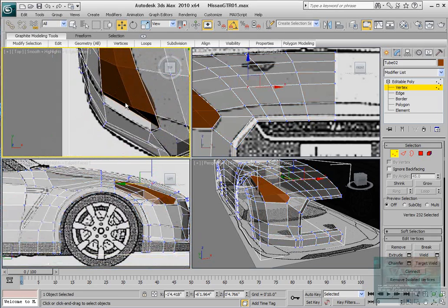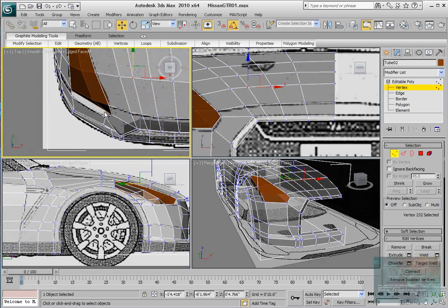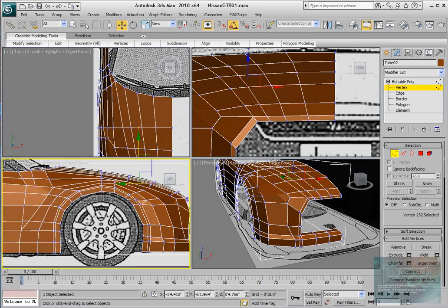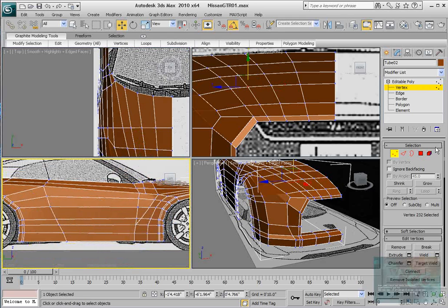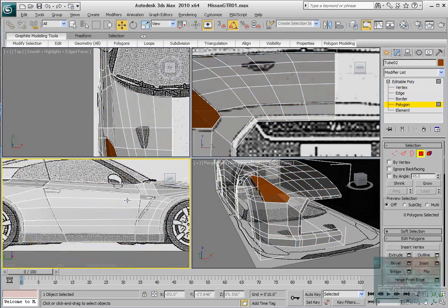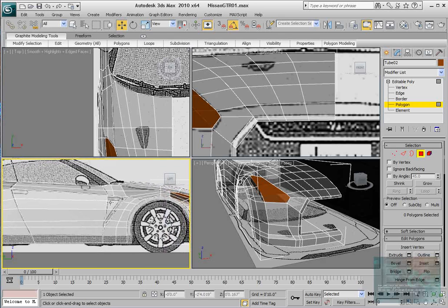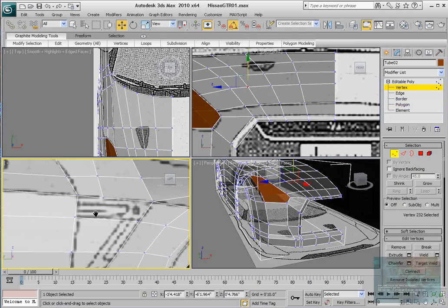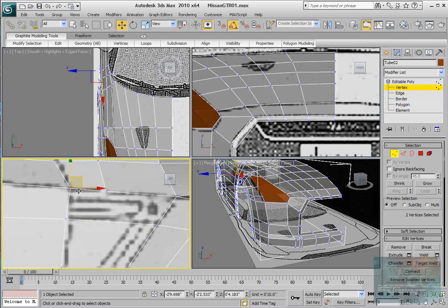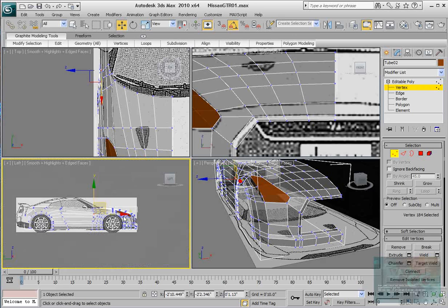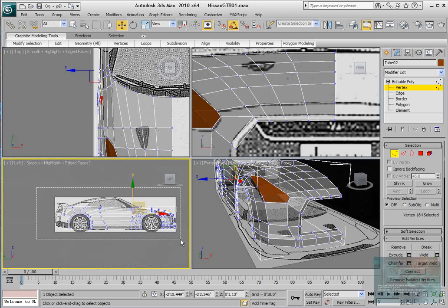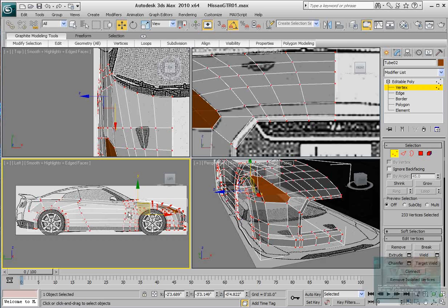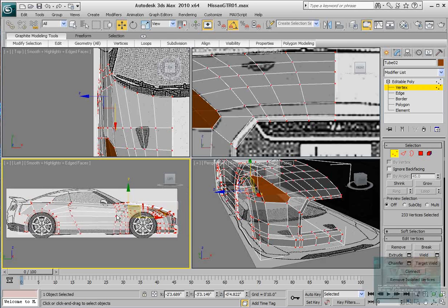I think that's good for now. So jump to the side. Let's see here. So we need to create this section here. I'm going to go to vertex mode real quick, and looks like I need to realign some of these vertices. I've been having some problem with multiple vertices sitting on top of each other, and somewhere I held down Shift or Control C